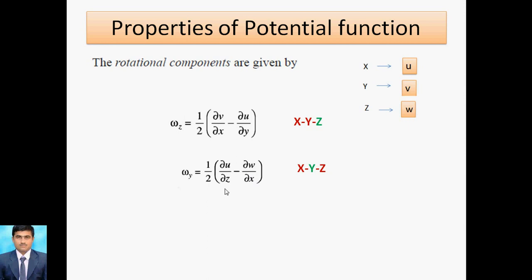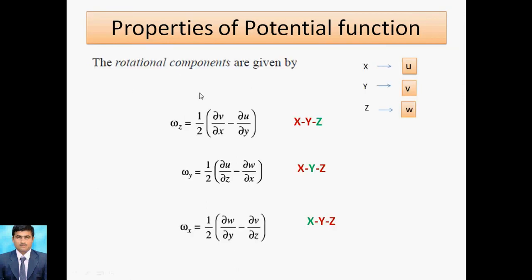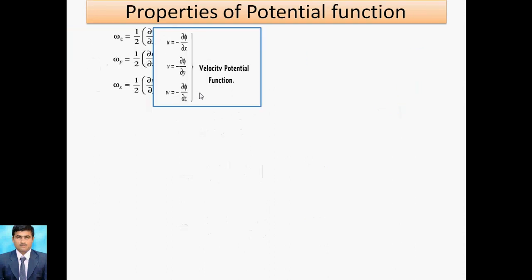Now we come to the rotational component about x. Here x is indicated by green color, which means y and z are your working plane. So wx is equal to half, meaning it is rotated about 180 degrees, and y and z: y is first, so I write y, z is second, so I write z. Diagonally, in the y direction we take v, and in the z direction we take w. So these are the velocity components, or I can say rotational components. And if these rotational components are equal to 0, that is called irrotational flow. So first of all, we know these components: wz, wy, wx.